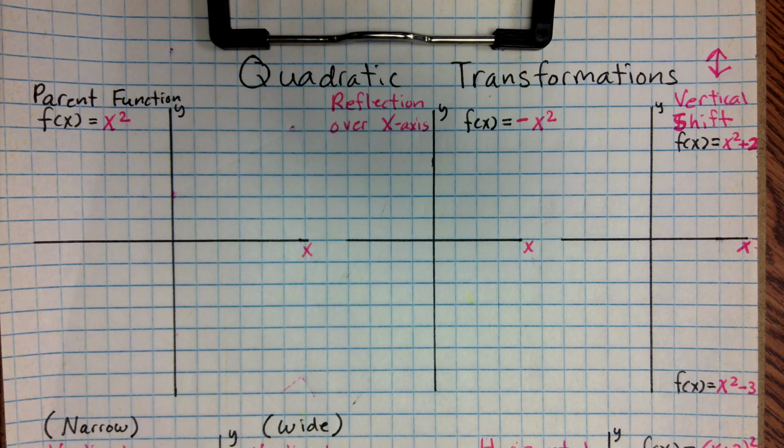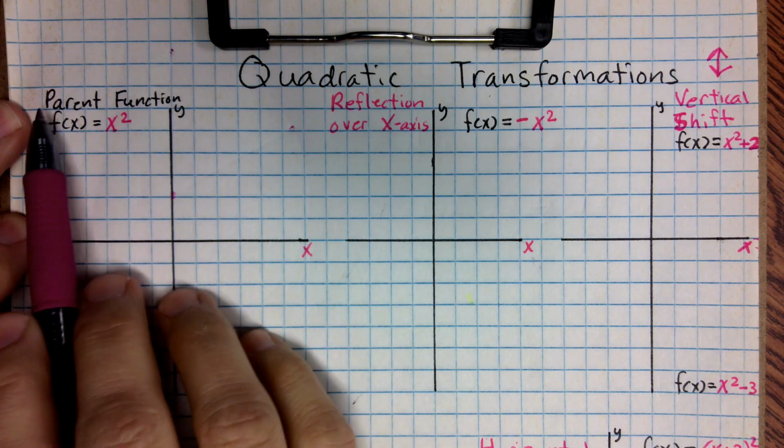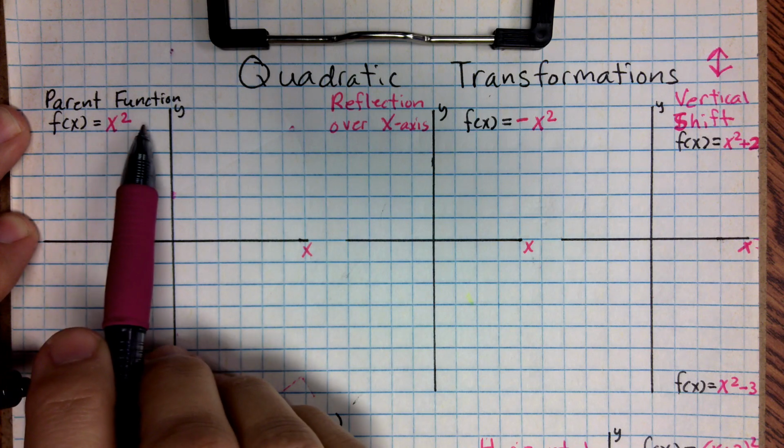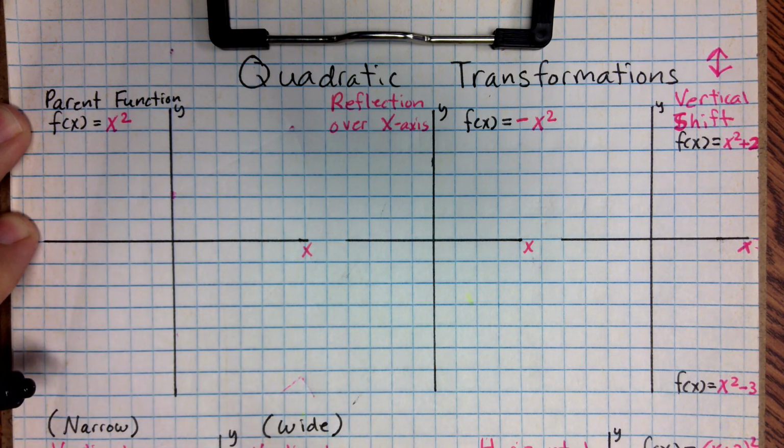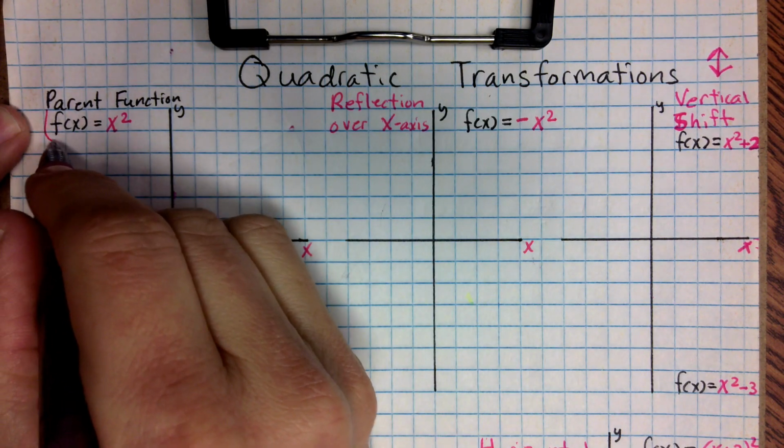In this video, we're going to look at quadratic transformations, which means that we're going to be changing or modifying an original quadratic function. Just as a refresher, when we talk about a parent function, we're talking about the original function that the graph started from. So when it comes to a parent function of a quadratic, it is always just f of x is equal